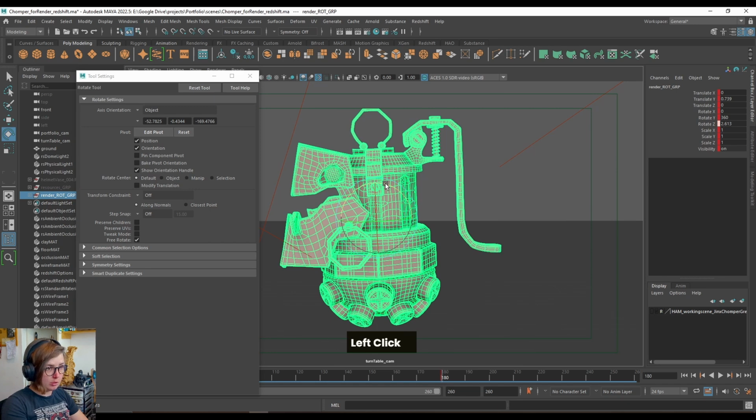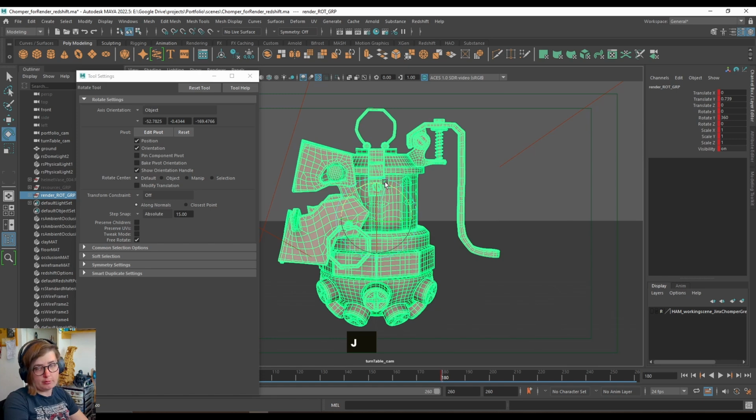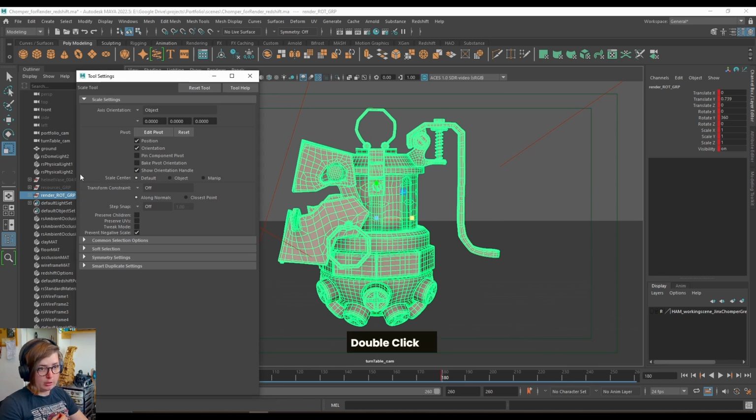If I press and hold J on the keyboard, you can see the step snap has now switched to absolute, and it's now functioning the way I expect it. So I managed to enable this on all 3 axes, so for me to have this full fix to turn off the step snap function, it'll just be going through and making sure that on all 3 of them